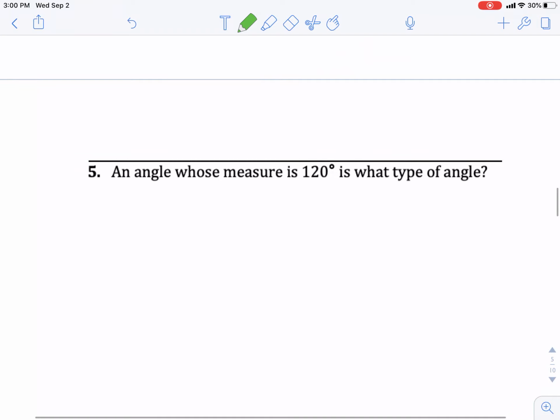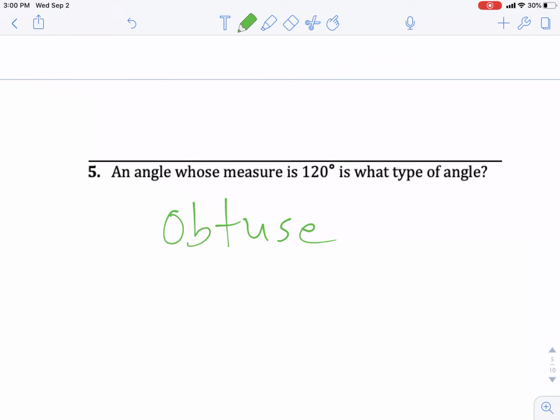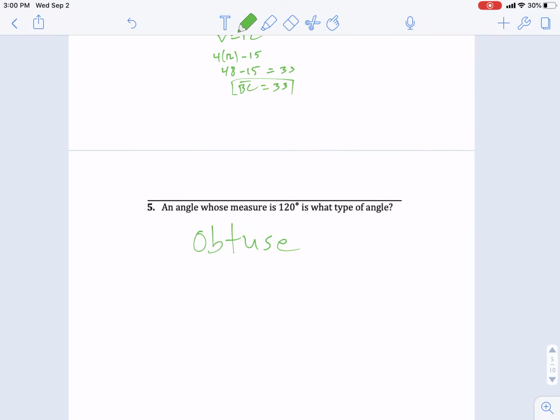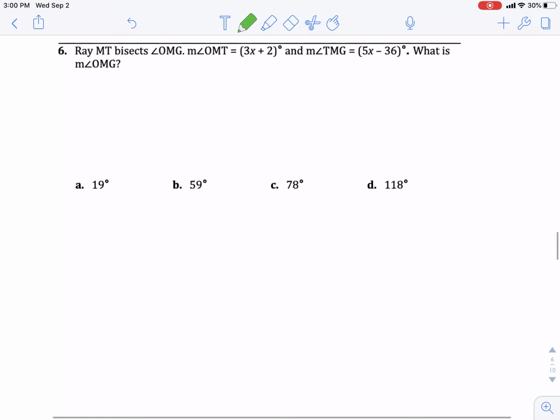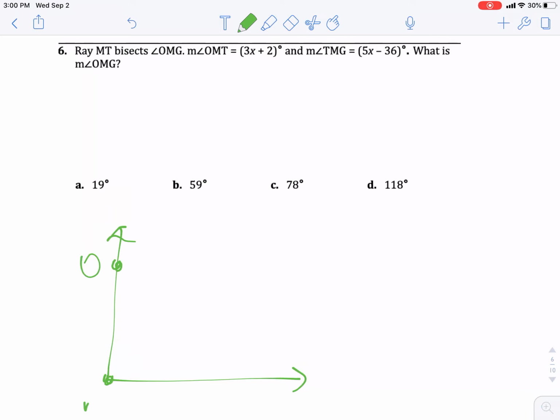Angle whose measure is 120. Well, when we're classifying, that would be an obtuse angle versus acute, right? Straight. All right. OMG. And then MT